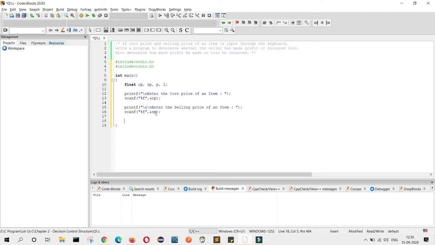Now we will write the condition. First we will calculate the profit and loss. So how can we calculate profit? P equals SP minus CP. What does that mean? Profit equals selling price minus cost price.